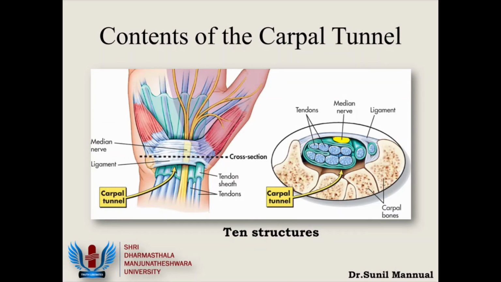As a simple rule of thumb, you just have to remember that there are 10 structures within the carpal tunnel. So basically, what are those structures? These 10 structures can again be divided into two: tendinous structures and neural structures. So 9 of them are tendinous structures, and just one is a neural structure, which is the median nerve. And amongst these 9 tendinous structures, once again you can divide them into two, basically based on the sheath that